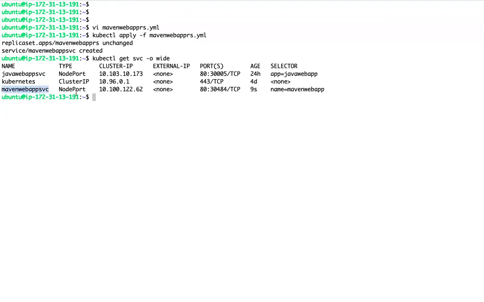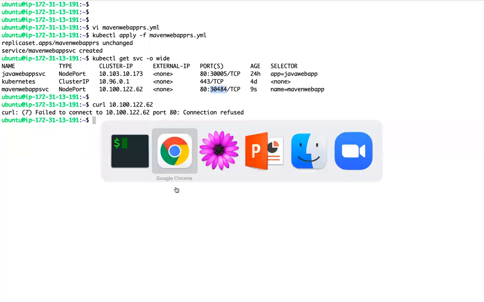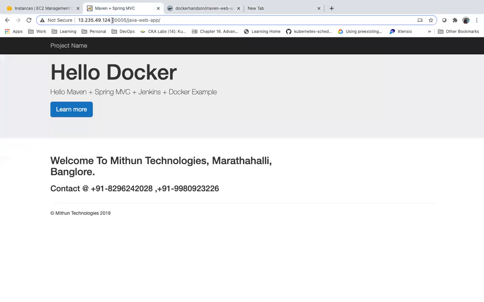This service, right? Within the cluster, I can use the service name. And outside the cluster, I can use node IP and node port. Now, if you see, let's try to see. This is running on default service port 80, so I no need to mention the port. Now we are getting an error, connection refused. And I am trying to access from outside with that node port.